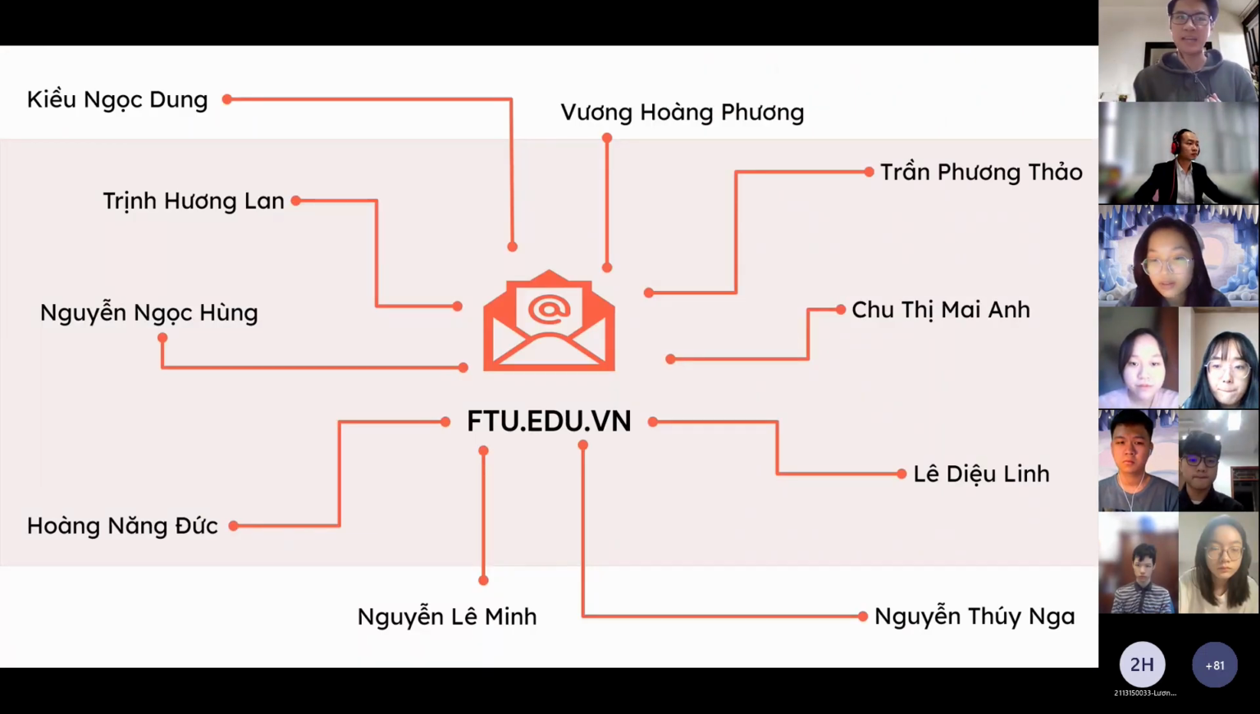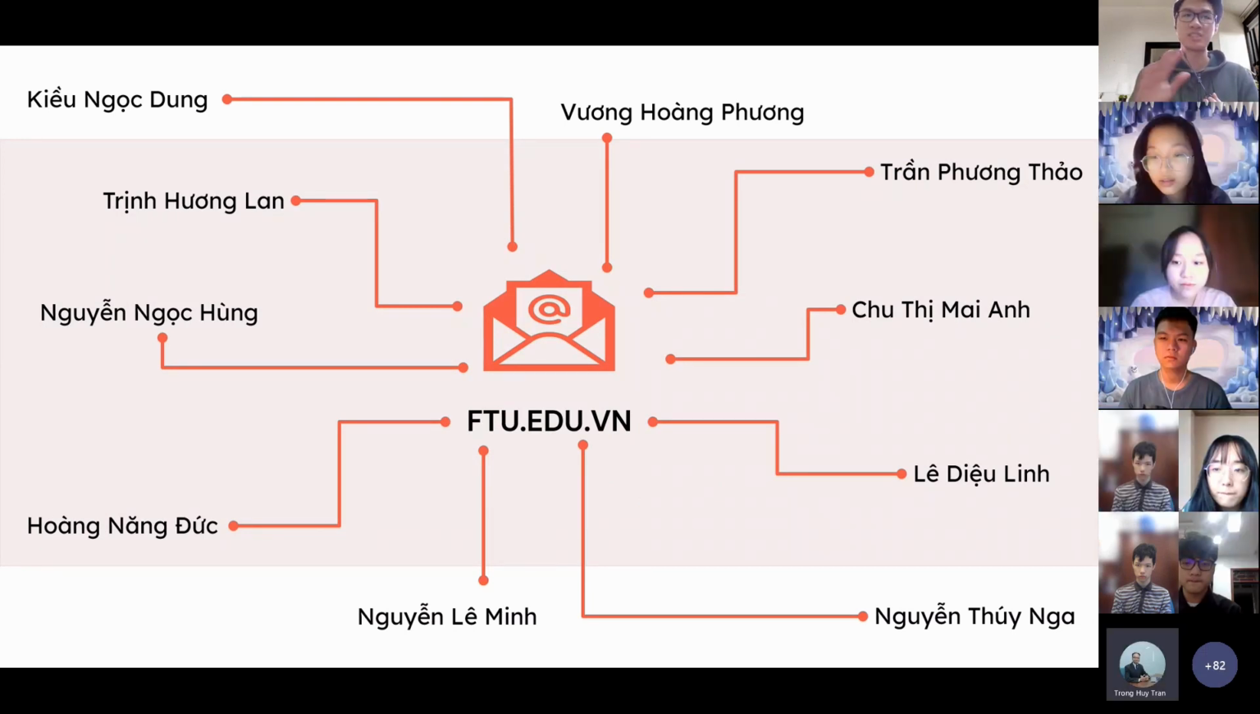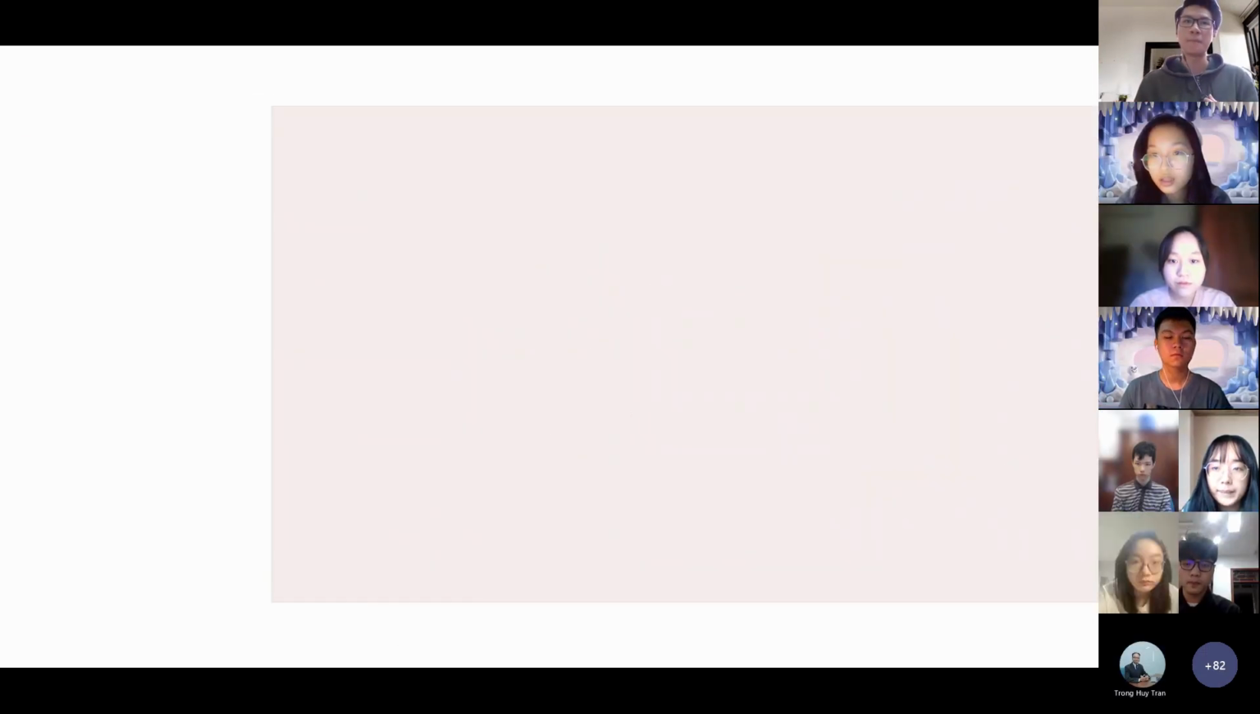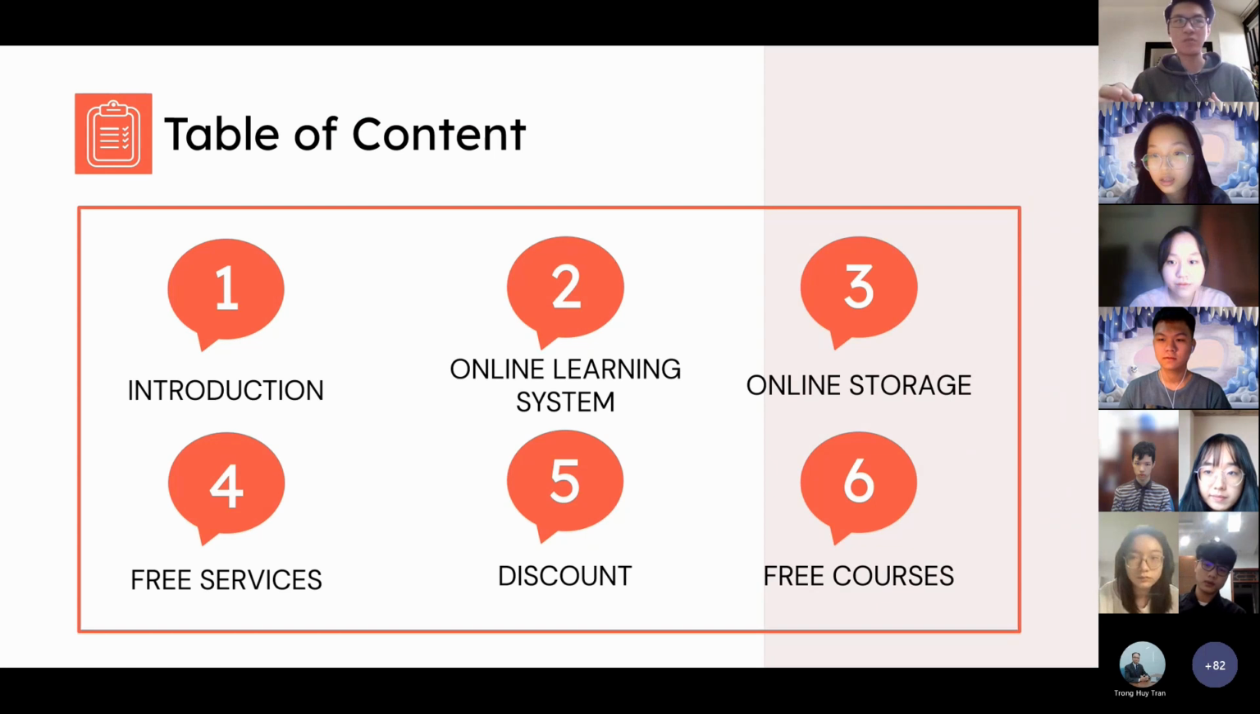Our Group 7 includes 10 members as you can see on the screen, so I'm going to skip that part to save your time. So moving on to the presentation overview, we have divided our presentation into 6 separate parts as you can see on the screen, and we're going to go into detail of each part right now, starting with number 1, Introduction